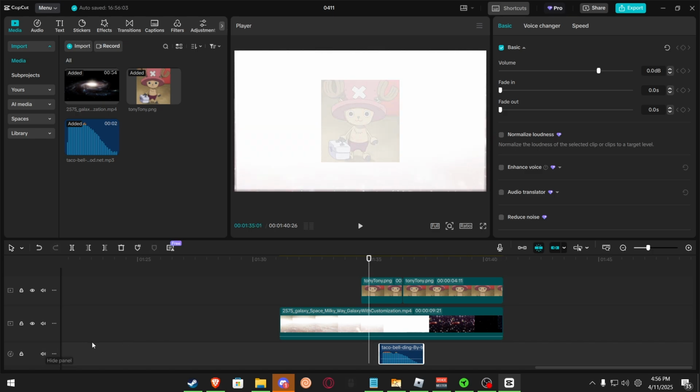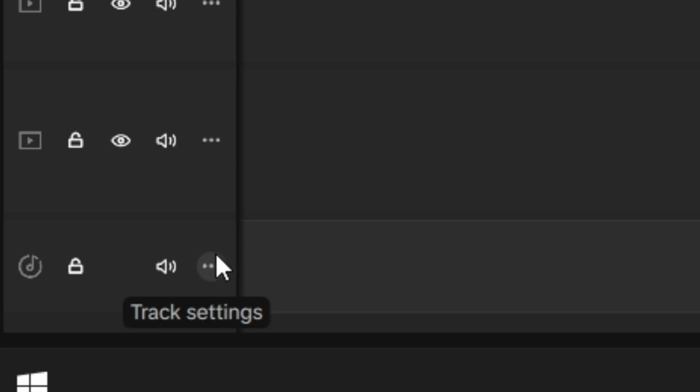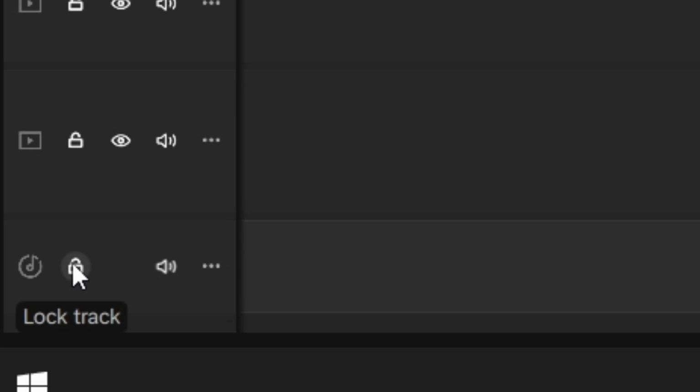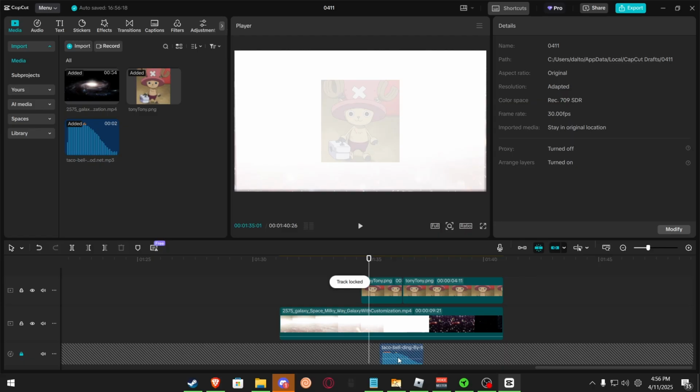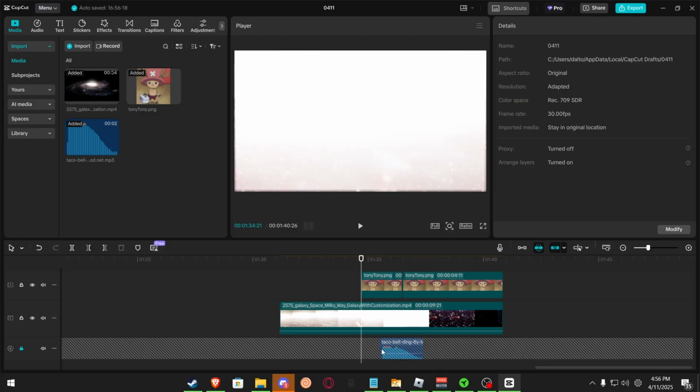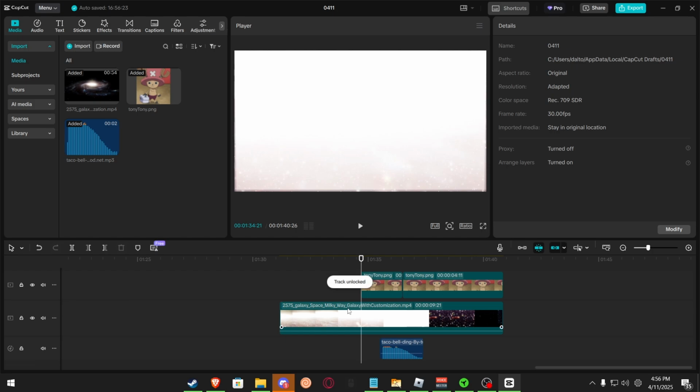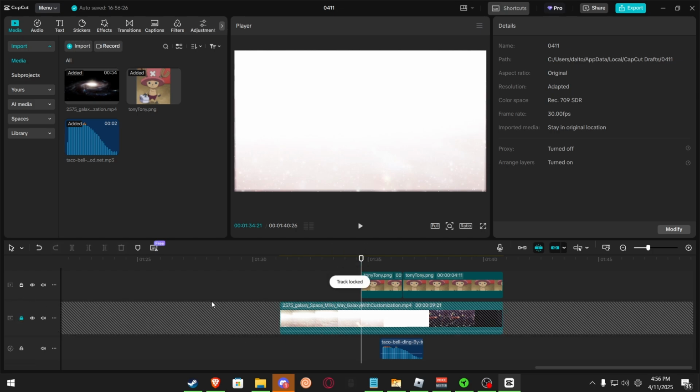This is where the audio track is. This is where you can mute it, unmute it. If you want to lock it so that you don't accidentally move it, you can click this lock button. So no matter what, you will never move it unless you unlock it. You can also do this with video tracks. This is very useful if you're working with a bunch of layers, because sometimes you might be moving something and accidentally click a different layer. So it's a good idea to lock the layers you're not currently using if they're this close.